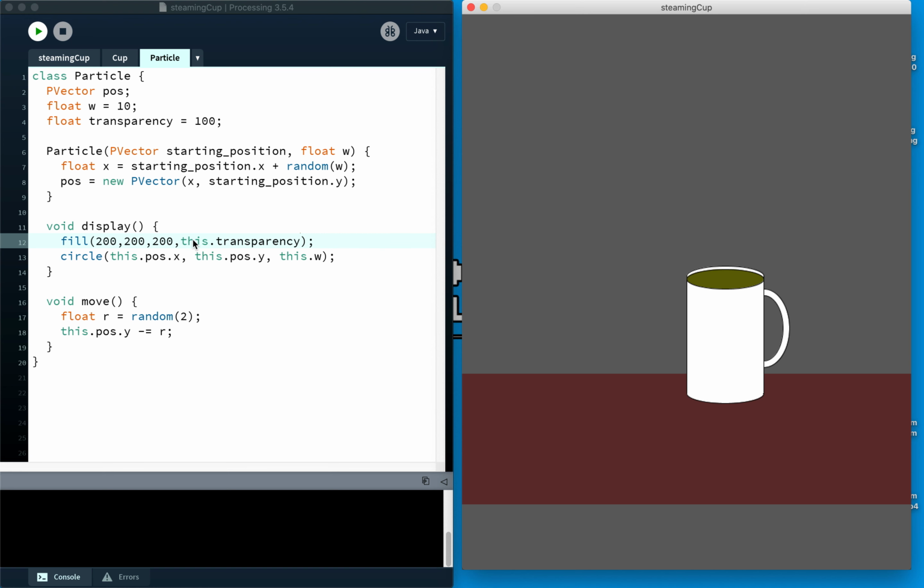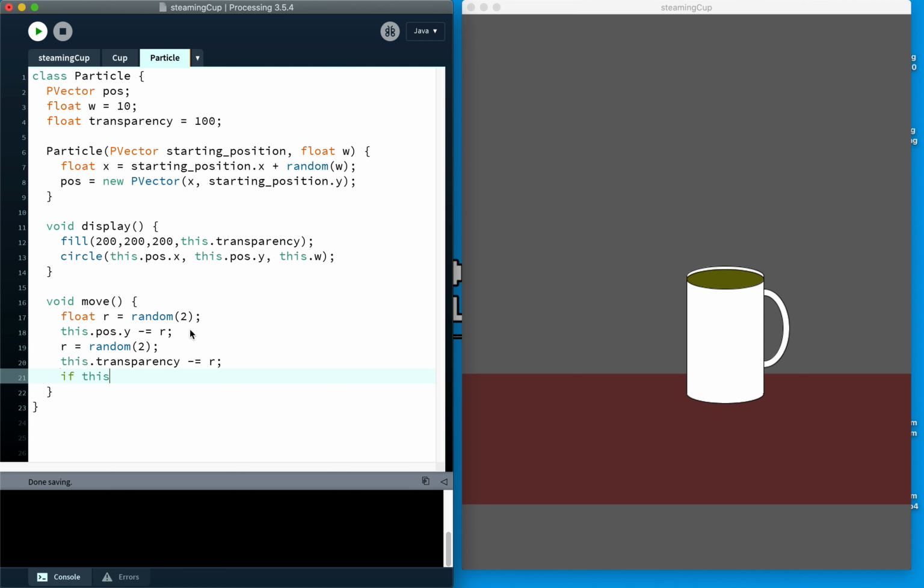Now what I'm going to do is get this to, every time it moves, say this dot transparency minus equals R. No, that's too much, let's pick another random number. So let's do it again, R equals random 2, and this dot transparency minus equals R. So we're going to reduce the transparency each time, and then we're going to do a check. We're going to say if this dot transparency, so if it's just disappeared, is less than 0,